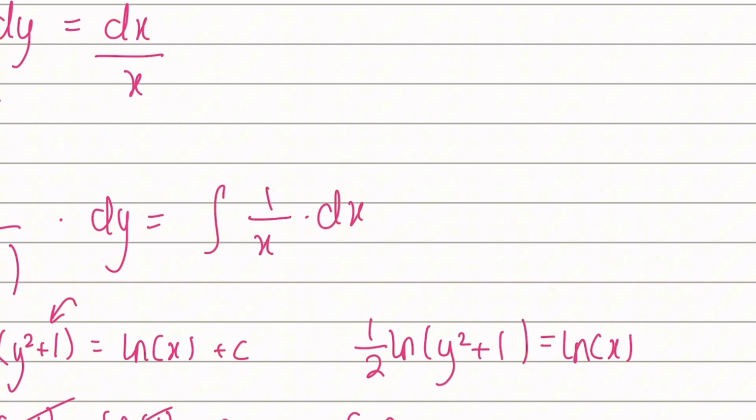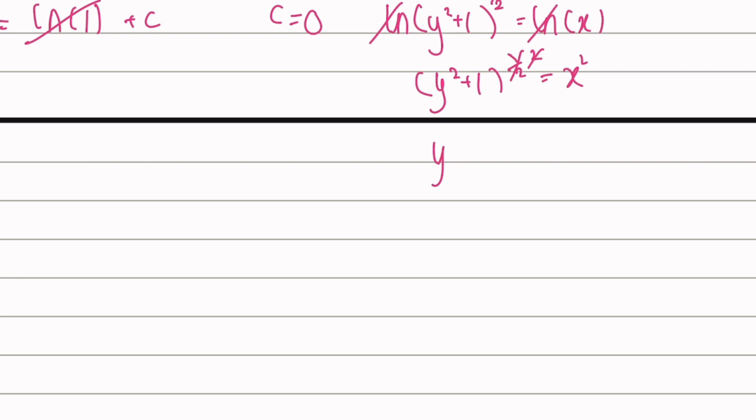To remove one, I need to remove the ln. To remove the ln, I need to get the power here. So I'm going to continue right here. Cancel the ln's. You get y squared plus 1 to the power of half equals x. We can square everything, which obviously cancels the half. I'm going to add another page. We're going to say that here y squared plus 1 equals x squared,